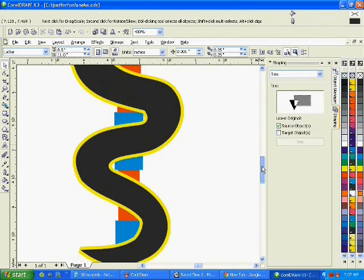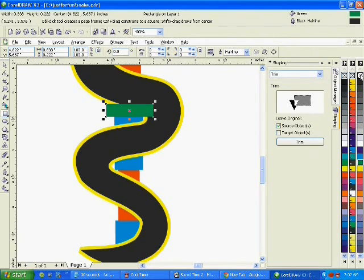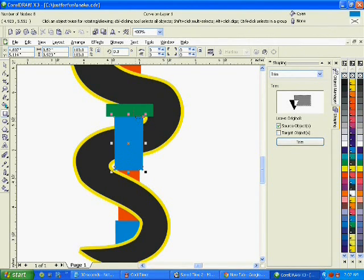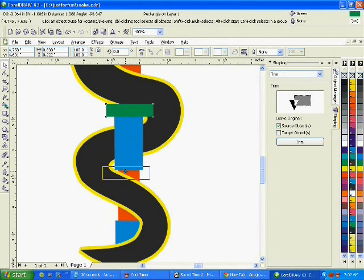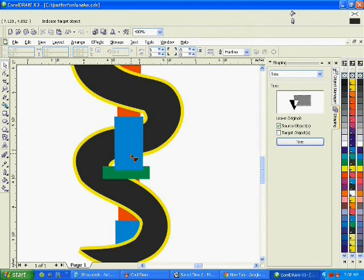Come down here and do the same thing, but as you can see, I'm kind of getting into the parts of the snake I don't want to trim, so I'm going to trim that down just a little bit. Like I said, this is time consuming, but at the end you'll see that it results in a very clean object, which is desirable, because when you send something to a service bureau or for anyone else to work on that's not familiar with your design,